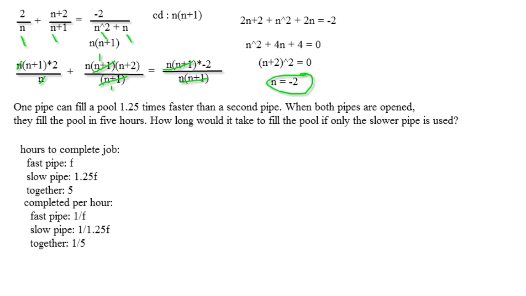Okay, so if we add their labor together, or the two pipes together, it should look like this. Okay, 1 over F plus 1 over 1.25 F equals 1/5. Okay, now if we multiply everything by 5, well, 5F. Okay, so if we multiply everything by 5F, we get 5 plus, let me get my calculator. 5F would be the common denominator, just so you know. Common denominator would be